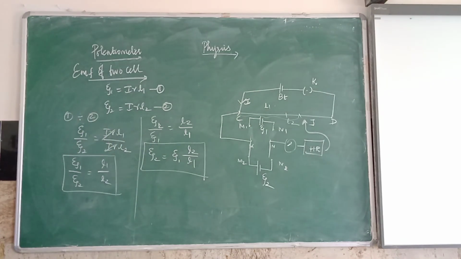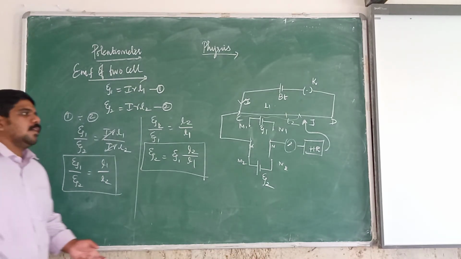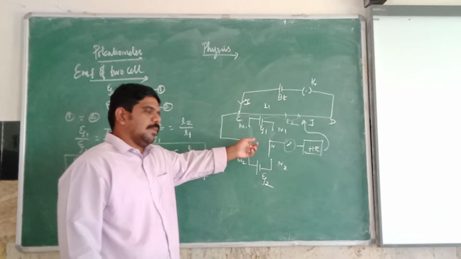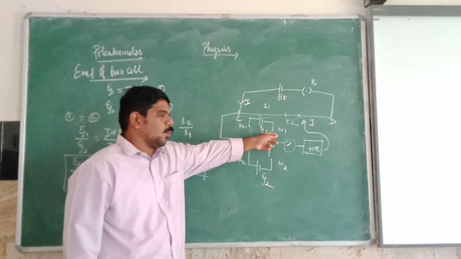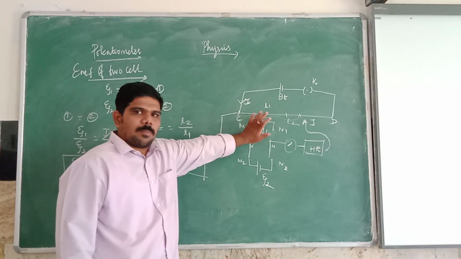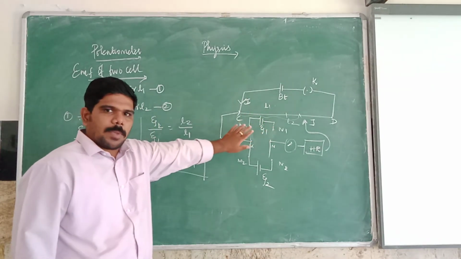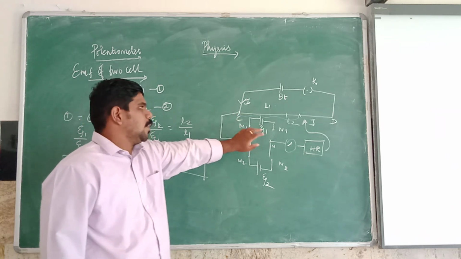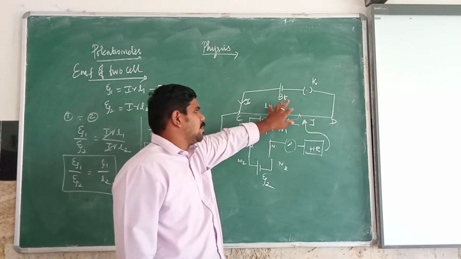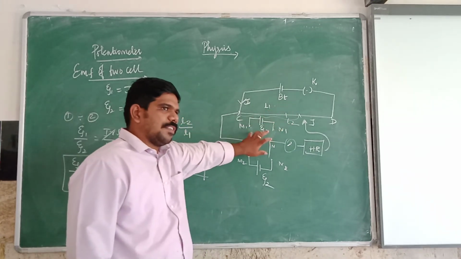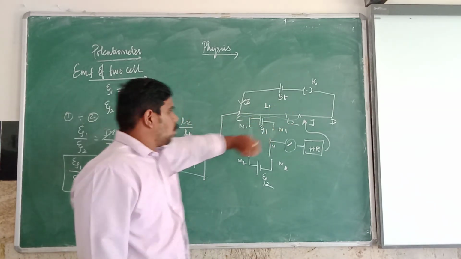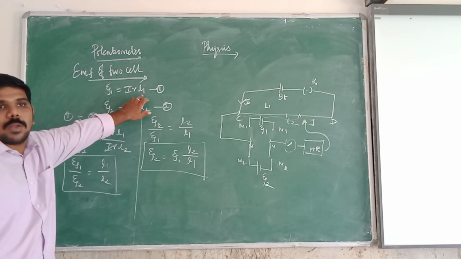Clear? So what's the working part? When the rheostat switch is pressed towards M1 and L1, the EMF of cell psi 1 will be included in the circuit. So what happened there? The potential difference across the balancing length is directly proportional to the EMF of the cell. So here the balancing length will be L1. So psi 1 is equal to IR L1.